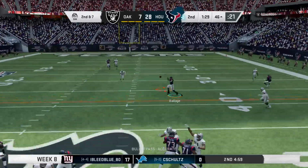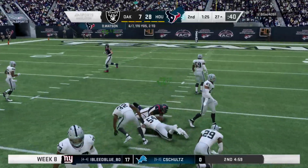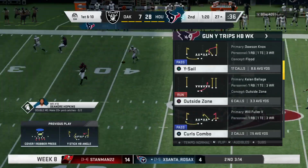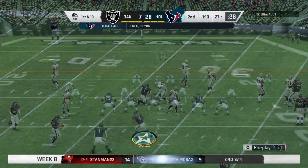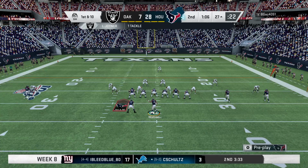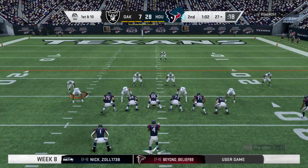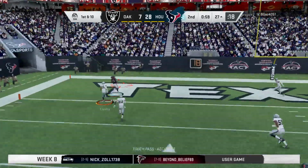On 2nd and 7, Watson. He finds Kalen Ballage, his running back. And he works it past the 30, almost to the 25. 19 yards to pick up there. Move the chains. Good route, good pickup for first down yardage, and that is a tough one to cover. The angle route, because a running back getting out of the backfield, if you're trying to cover that, especially if you're in the linebacker spot, and you're seeing...